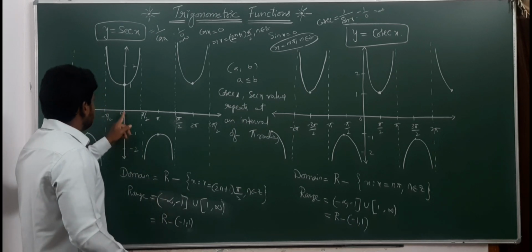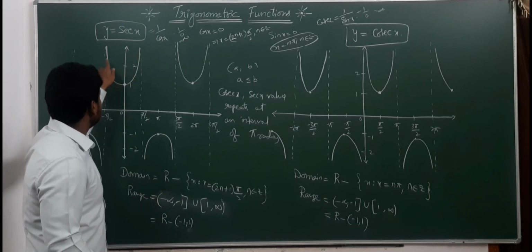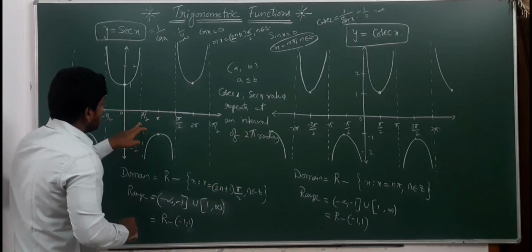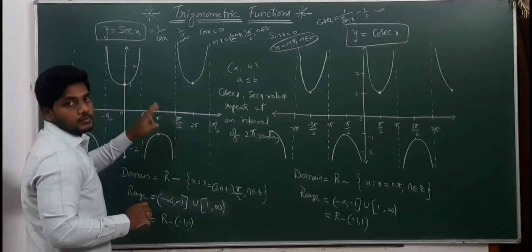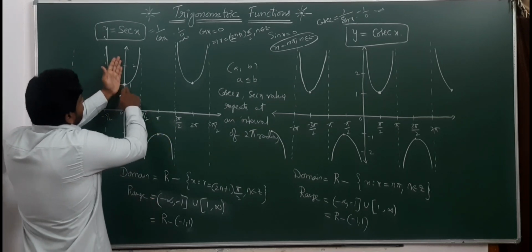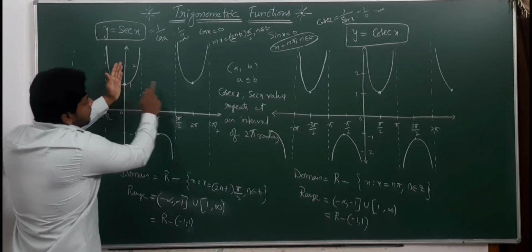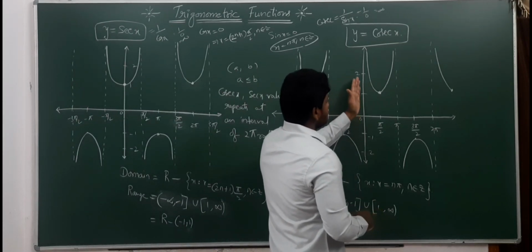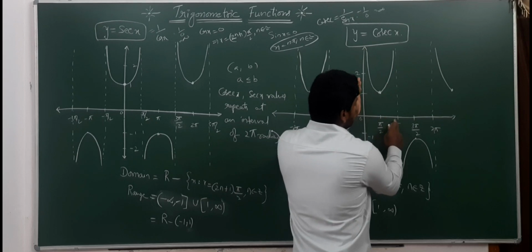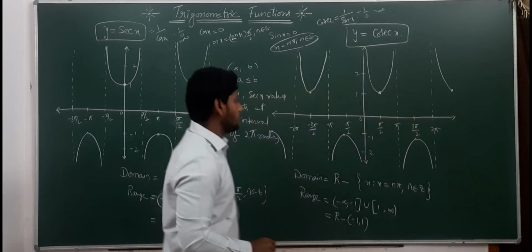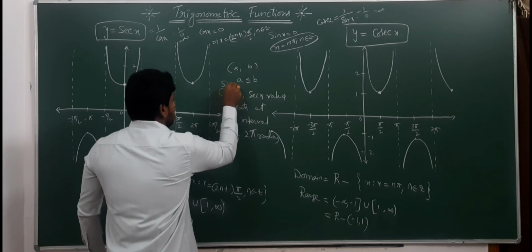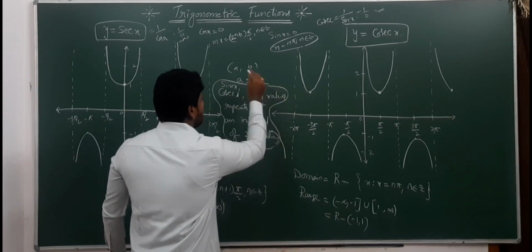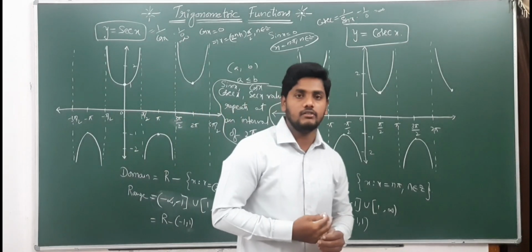If you observe, the shape is like this, and again this shape comes from here to here, that is minus pi by 2 to pi by 2, again pi by 2 to 3 pi by 2, which becomes 2 pi radians. For example, starting from 1, again when it came to 1, 0 to 2 pi. At 0 it is undefined, and again when it became undefined, from 0 to pi, pi to 2 pi, that means 0 to 2 pi. So cosecant x, secant x, sin x and cos x repeat at an interval of 2 pi radians. But cot x and tan x repeat at an interval of pi radians.